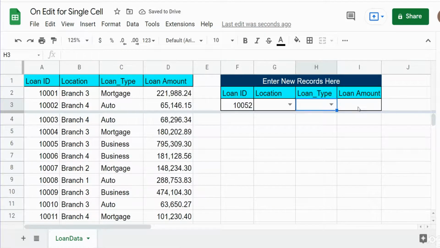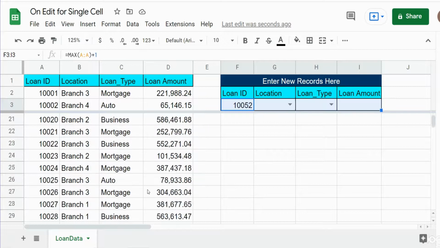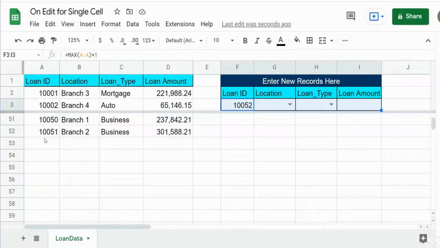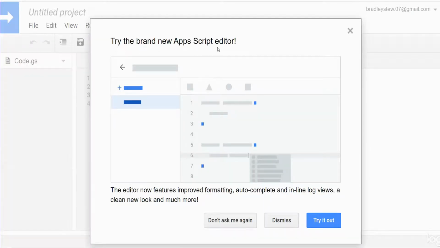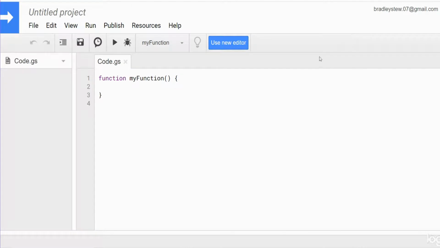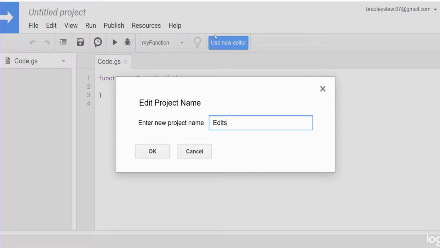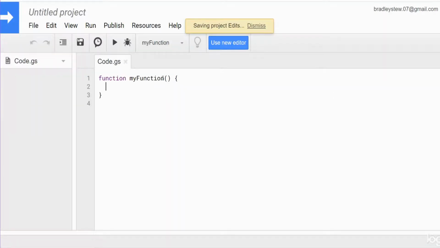So now we want to write our code so that each time we input the final input value in cell I3, the loan amount, it takes the data that is in this range of cells here and dynamically adds it to the first blank row in our data set over here. So we're going to go up to extensions and Apps Script. This Try the new editor prompt will appear. I'm just going to close out of that. I like the old one still. So I'm going to click on this untitled project. We'll call this project edits,